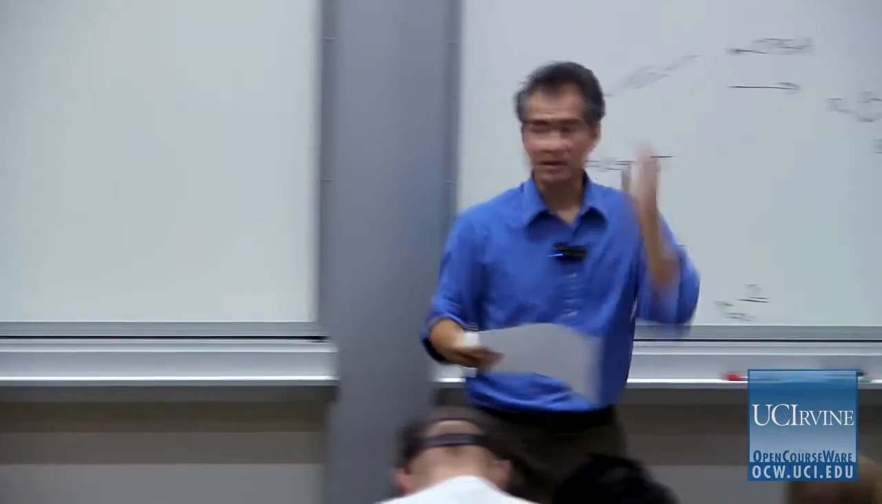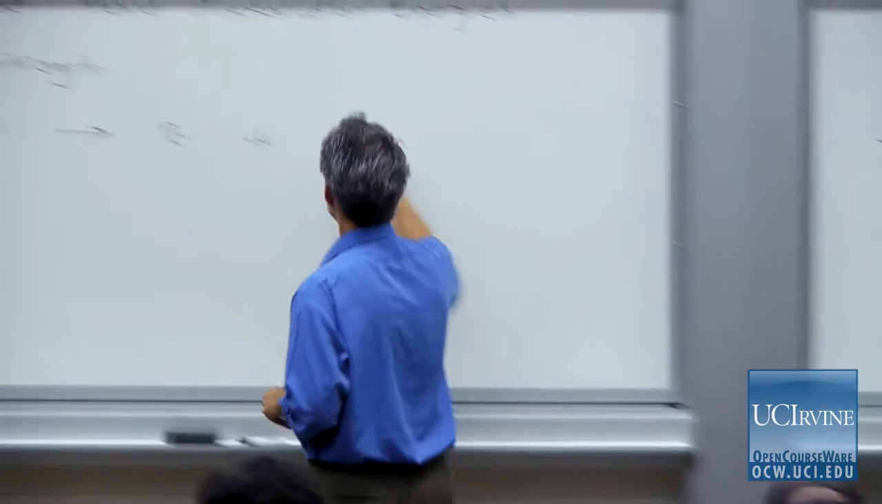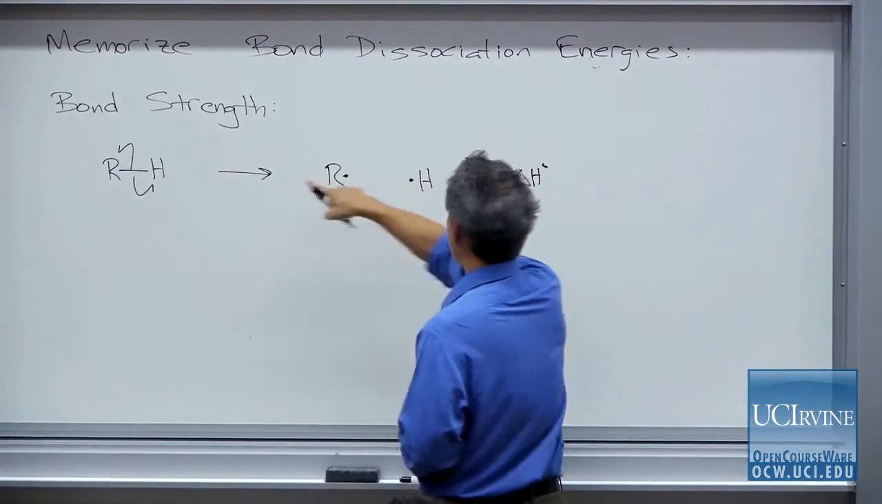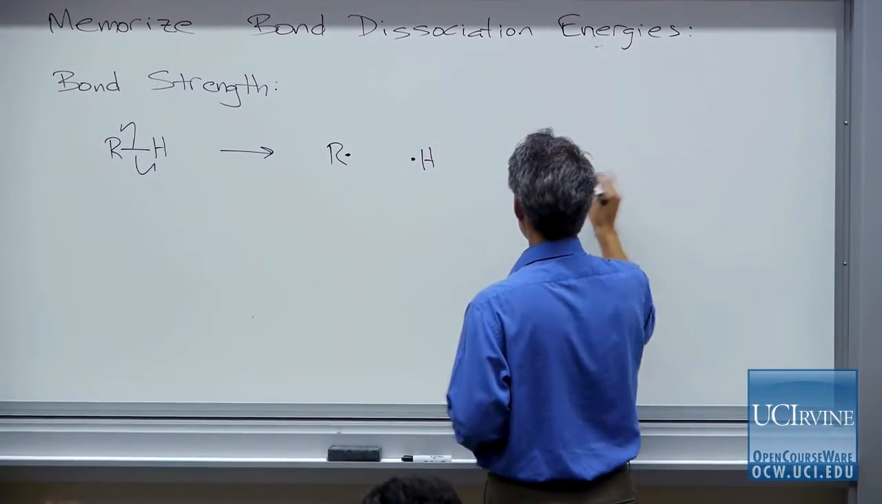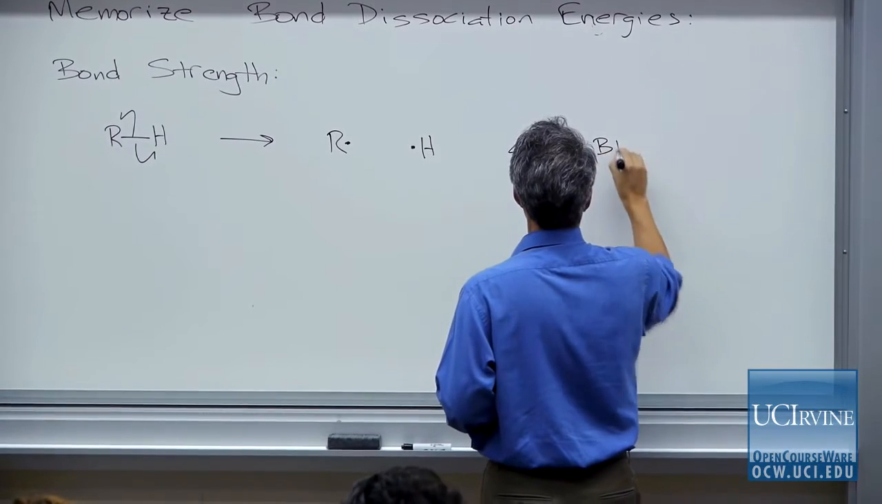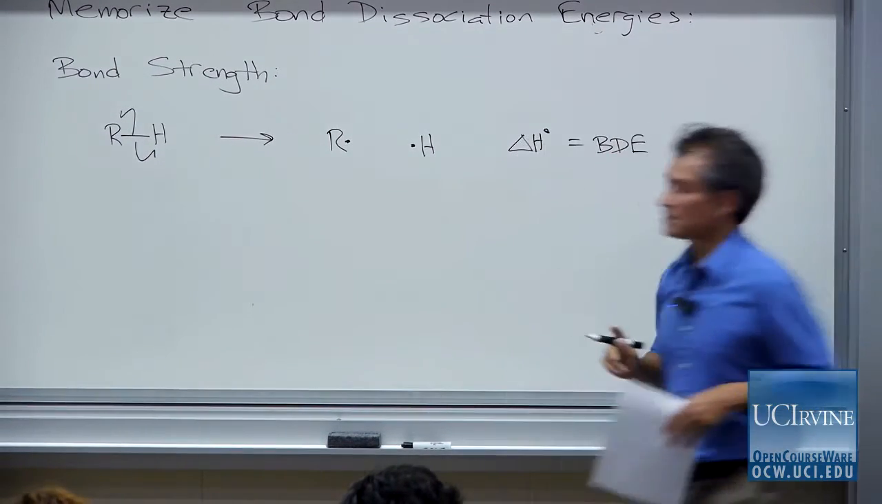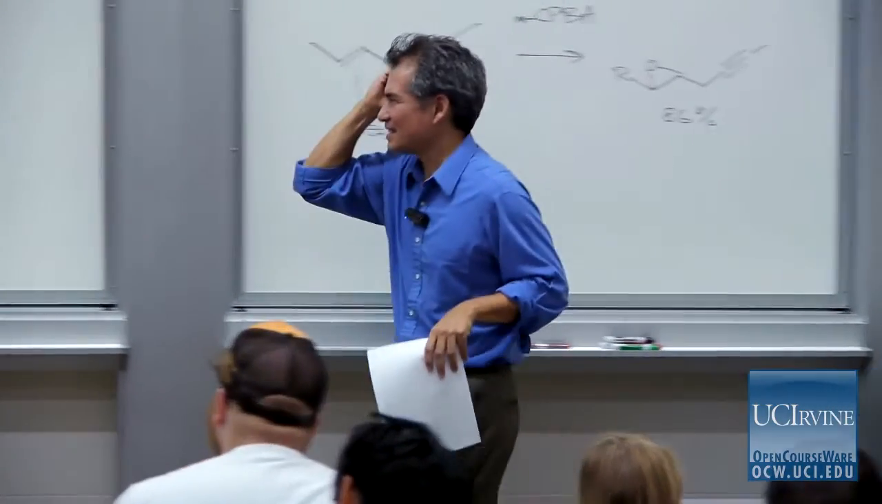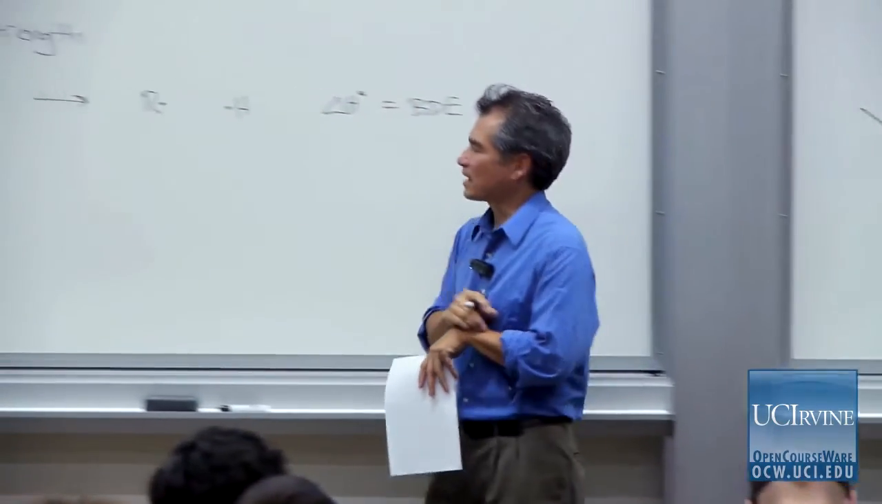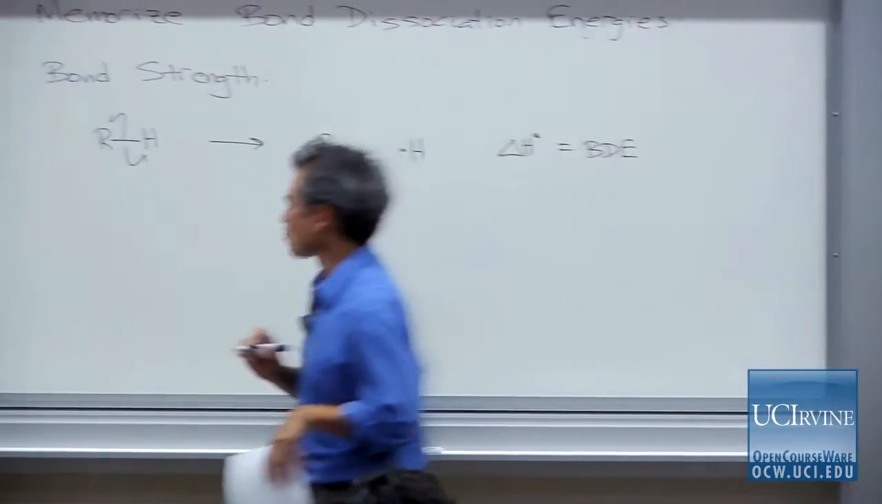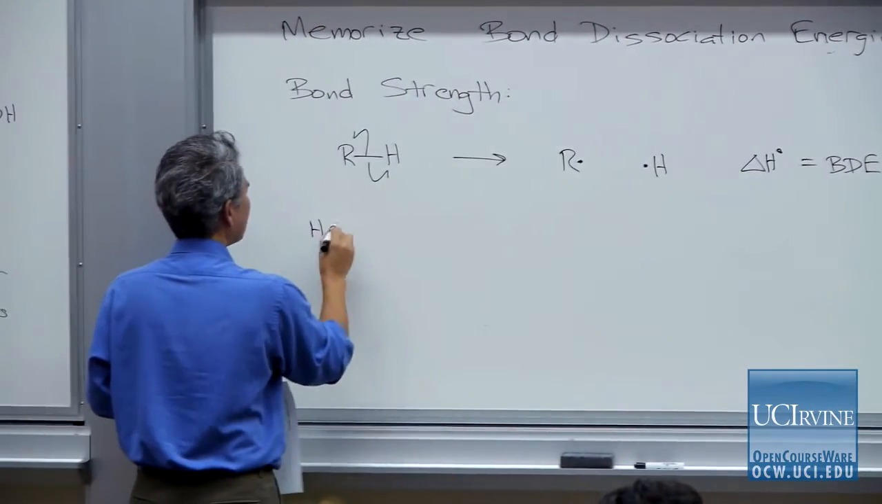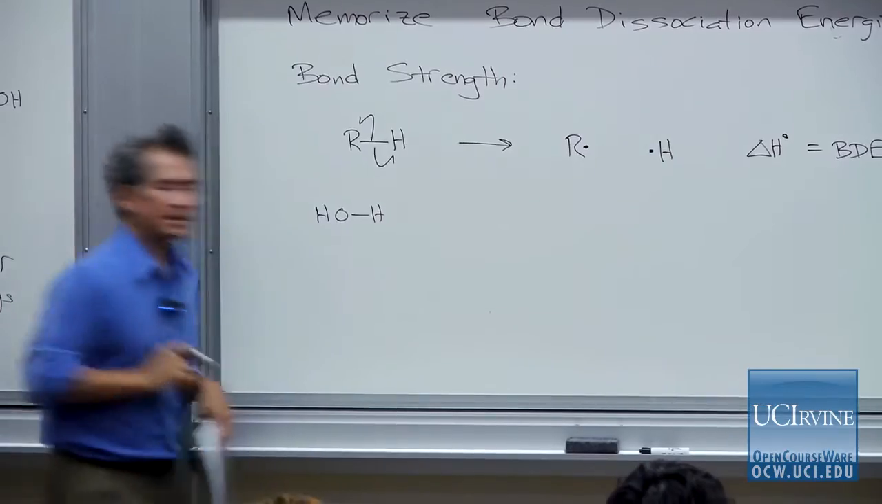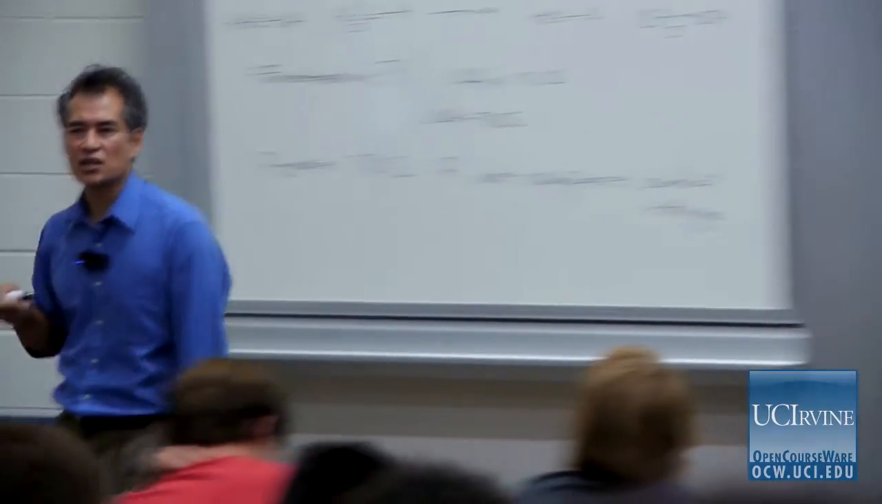And that's super important. By definition, the enthalpy change for this reaction, a standard state free enthalpy change, is defined to be the bond dissociation energy. So why am I harping on this idea of bond strength? Because I'm going to refer to strong bonds and weak bonds. And one of the unfortunate consequences of that is that I'm going to define an OH bond as a strong